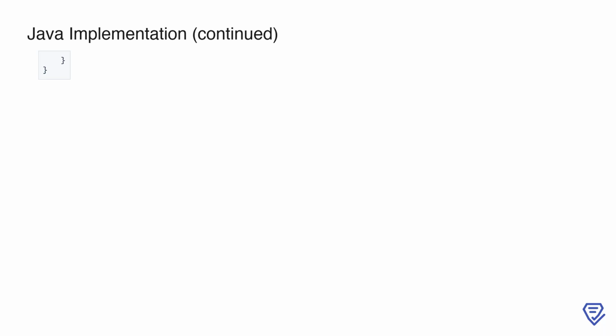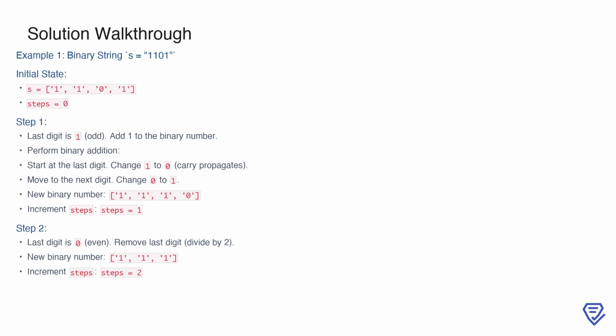The use of a StringBuilder here makes the manipulation of the binary number straightforward, enabling us to focus on the core logic of the problem while maintaining good performance. With this, the solution is complete. Let's start with the binary string s equals 1101. Initially, the binary string is represented as a list of characters, 1, 1, 0, 1, and we set our step